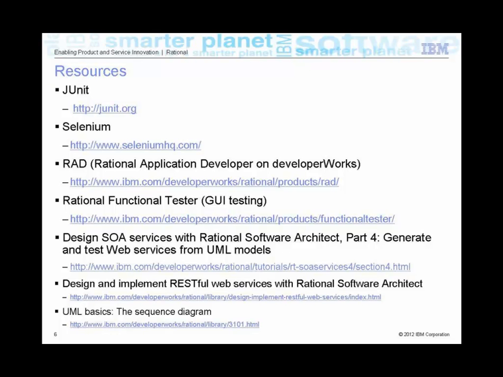And then there are some other good articles on designing SOA services and RESTful services with RSA based on UML. So it's taking UML class diagrams and transforming them to WSDLs. There's support for that in Rational Software Architect. And I just put a UML basics in there. There's a common theme that, when I'm building any kind of test, unit test or functional test, it would be nice to know how this is actually going to get used from an application user standpoint.